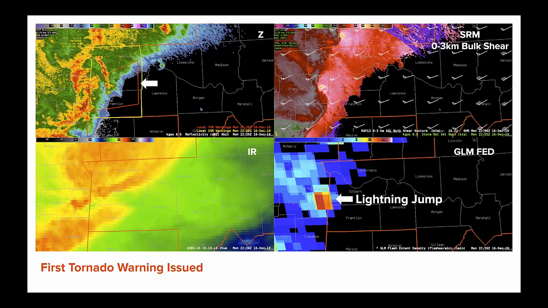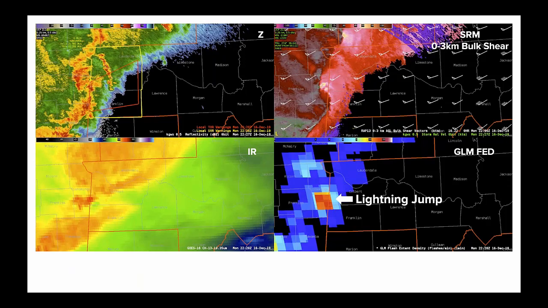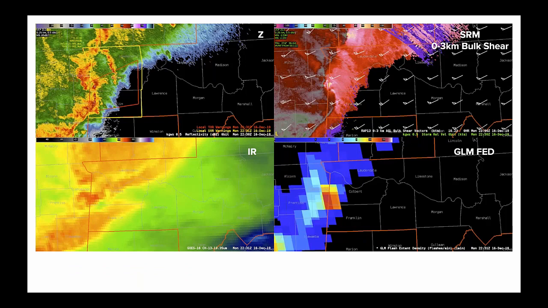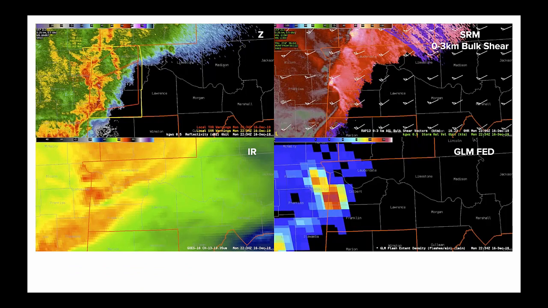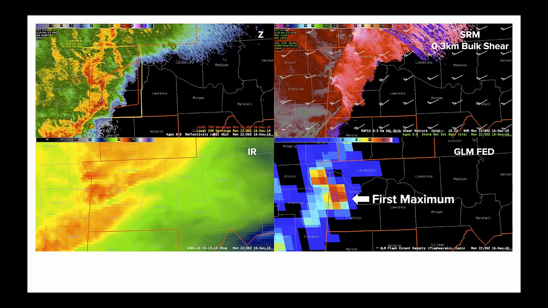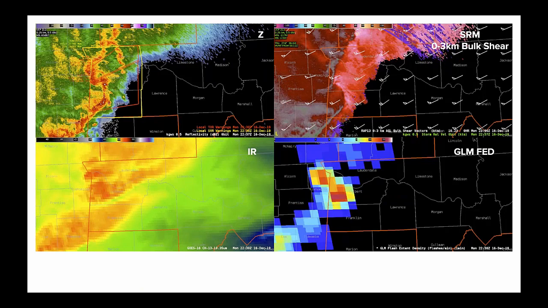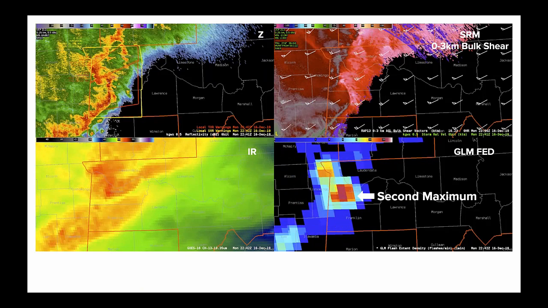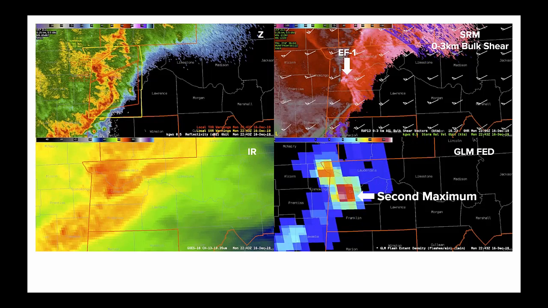Let's try to get ahead of this. If we know that the downdraft plays a big part in tornadogenesis, let's try to catch it on the way up. So we went ahead and threw out the first tornado warning, and then we saw this persistent high lightning activity, and then we saw our first maximum there, and then a secondary maximum, which was when we were really starting to get concerned,